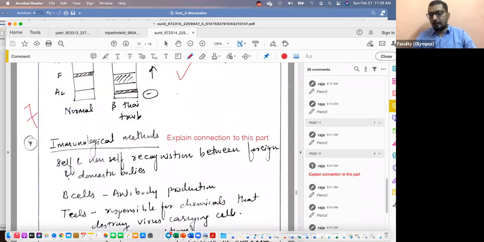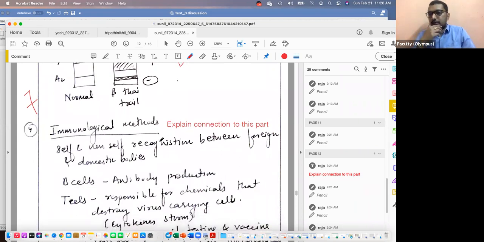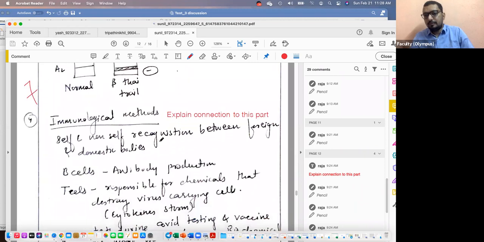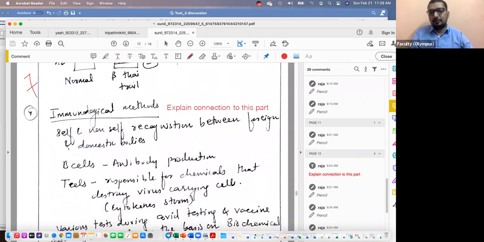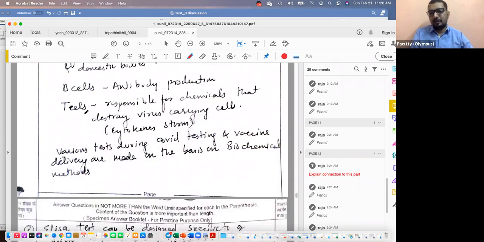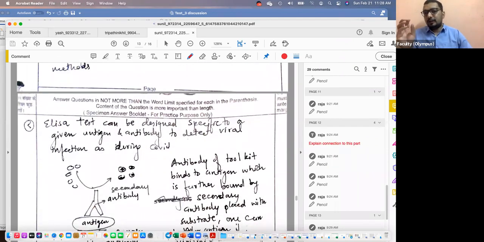This is all right. You went on connecting to immunological methods, but you gave immunological methods and wrote. You have to provide connection. Why you took immunological methods as example for biochemical methods? Because those component cells are also nothing but biochemicals. So you give that connection. Don't give the subheading as if you are writing it for immunological methods. You say molecules like B cells, T cells, and their variations can be used in identifying so and so. ELISA test, same thing. You're focusing on a marker called a protein, antigen or antibody. So in that sense, ELISA can be related here.